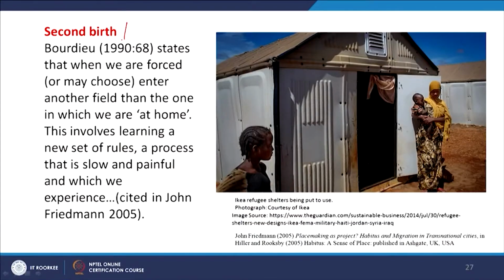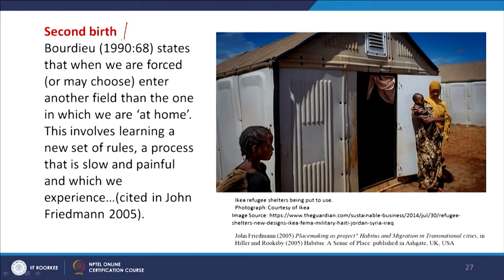When we talk about the philosophical aspect of place, especially the perceived space and the lived space, there is a certain sense of emotional attachment to place in the daily, where habitat and habits interact with each other. So habit and habitat, that is where Kim Dovey also talks about the habitus. Bourdieu reflects on the second birth.